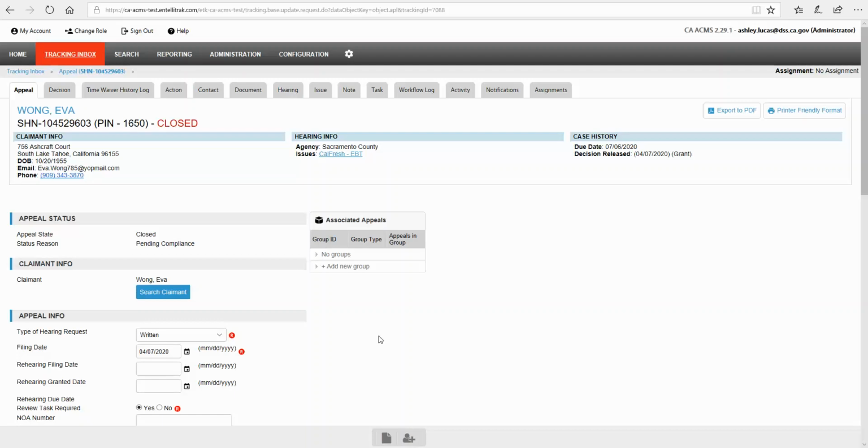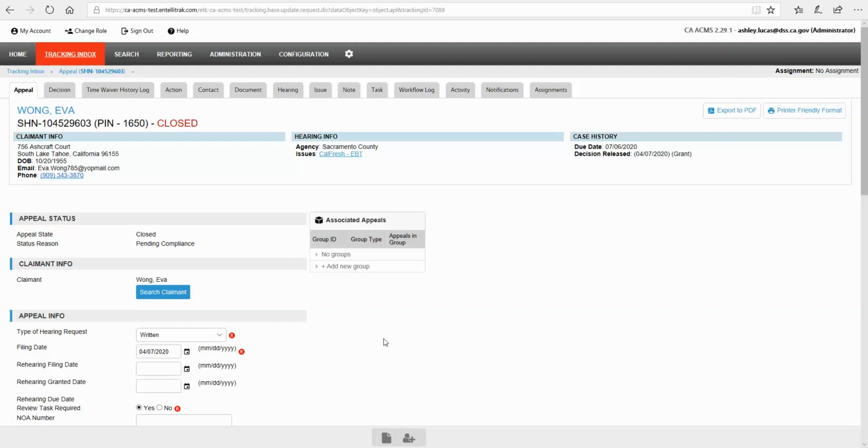And I say claimant, but there are two different kinds of rehearing requests. There is the agency rehearing request, where the agency can request that a case be reheard, or a claimant rehearing request, where the claimant or AR can request that a case be reheard. So there are two different avenues for the request. Typically, when someone requests a rehearing, they have to request it in writing. That goes to State Hearings, and it goes to our rehearing unit, and they would be opening the task that